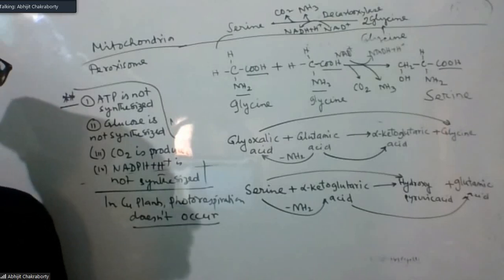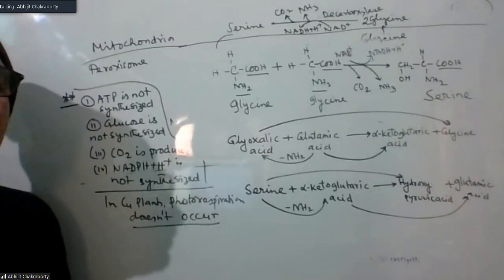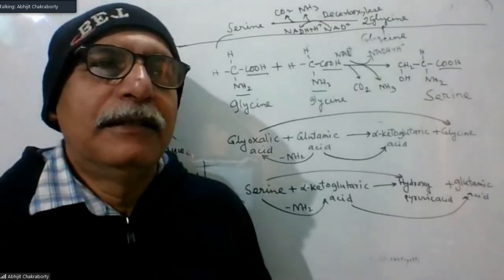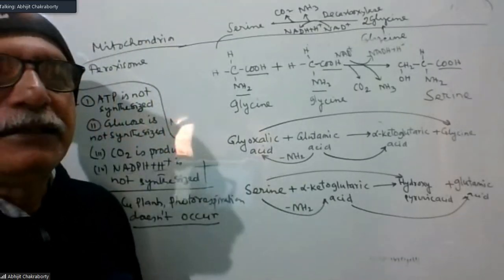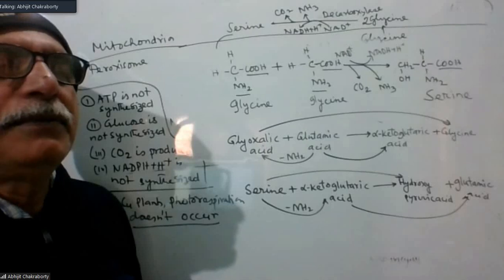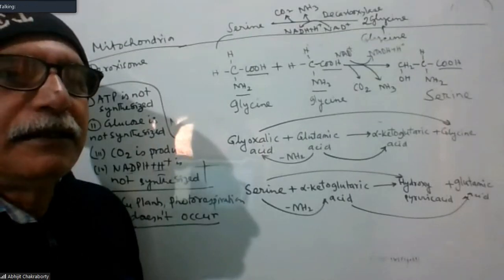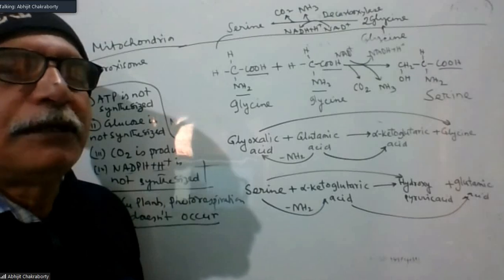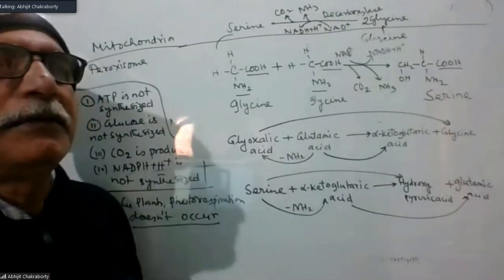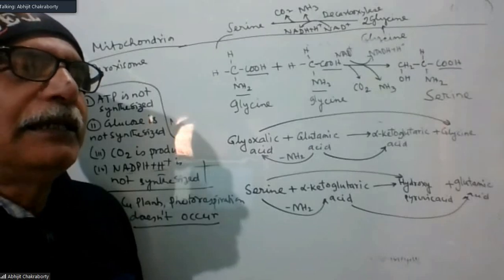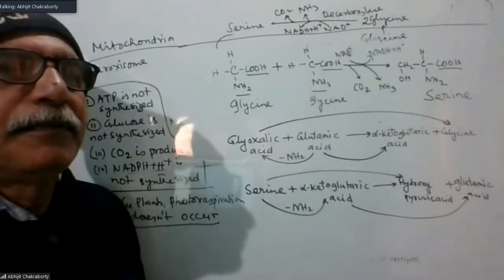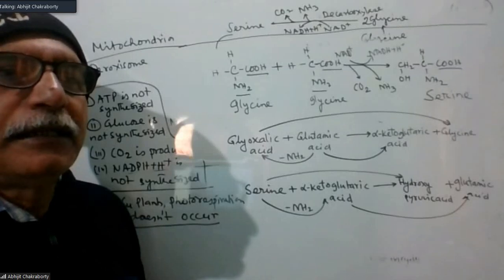Think about the C4 plants. How does photorespiration occur? Photorespiration occurs when the relative concentration of oxygen increases, so the CO2 to O2 ratio changes, so that RuBP reacts with oxygen. So if RuBP is the primary acceptor, then there is a chance of photorespiration. That is found in C3 plants. But remember, in C4 plants the primary acceptor is not RuBP, it is phosphoenol pyruvic acid,